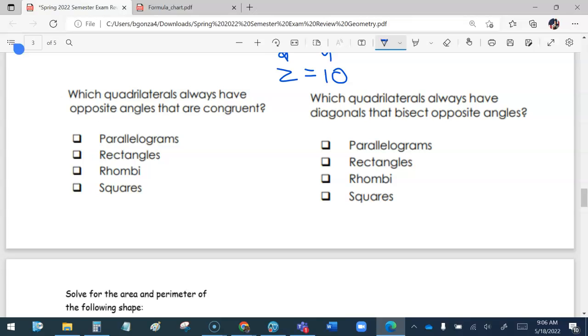All right, so which quadrilaterals always have opposite angles that are congruent? In a parallelogram, opposite sides are parallel and congruent. Opposite angles in a rectangle are always 90, so that works. A rhombus, opposite angles are the same. And a square, opposite angles are congruent on all of these. The one that it's not necessarily is a trapezoid